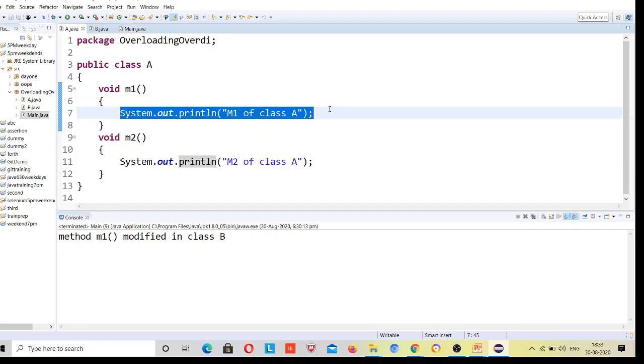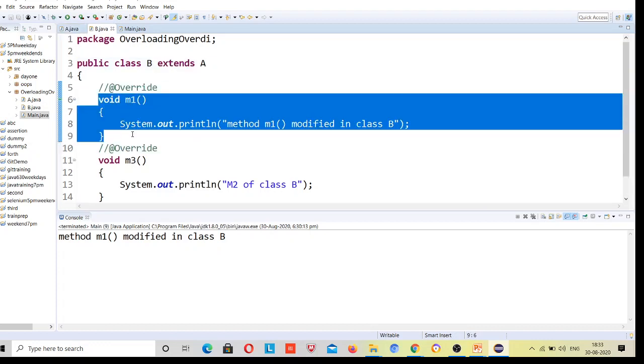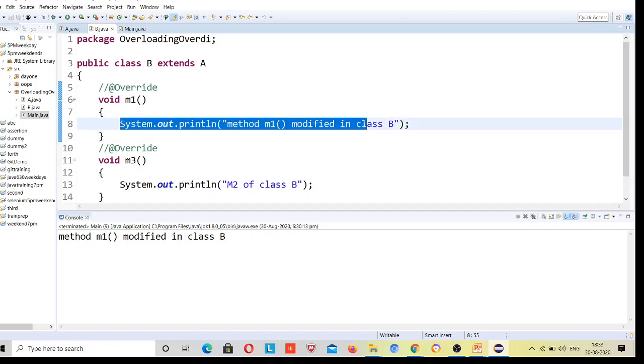It will find that this M1 method is present in class A. Now it will go to class B and find the M1 method. This method is present in B also, so it will print this B class method. That means overriding is happening here also.